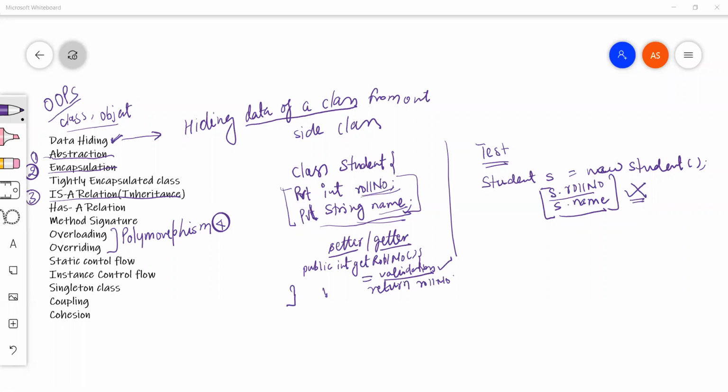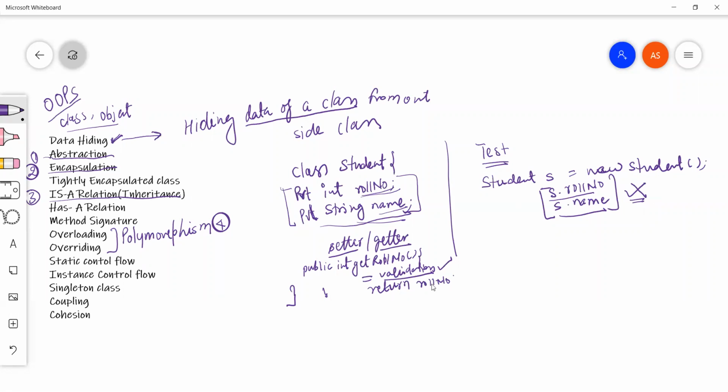So we can say that hiding unnecessary or irrelevant data or implementation from the user, and exposing relevant details to the end user, is called abstraction. This is the general term, but in programming, how will it look?